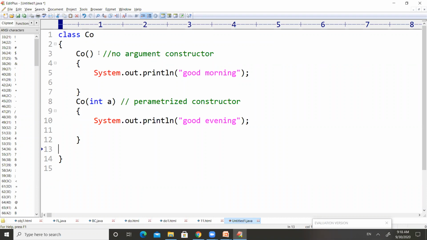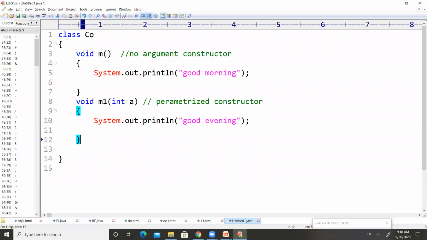Now if the same thing is a method, for example void m and void m1, these two are not constructors because the class name and the method name are not same, and we are having a return type called void for these methods. So these two are methods.